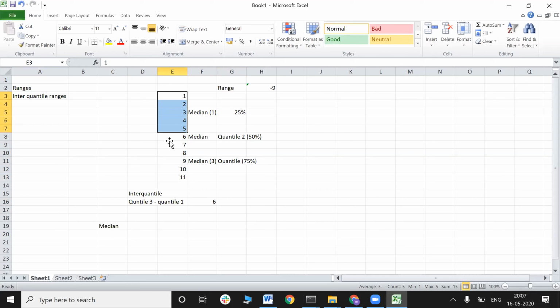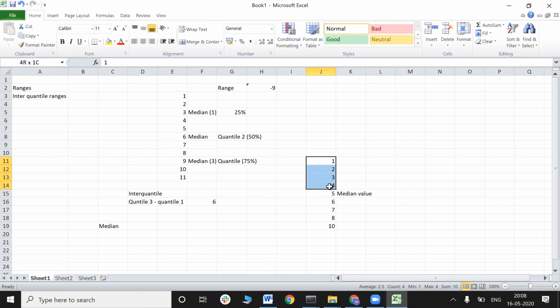So this is how you can get a quantile. Now say for example, if you are getting only even numbers instead of odd numbers, say 1, 2, 3, 4, 5, 6, 7, 8, 9, 10. In this you have a total of 10 digits. Now there are 4 here and 4 here, so this becomes my center. But which one can be the median?